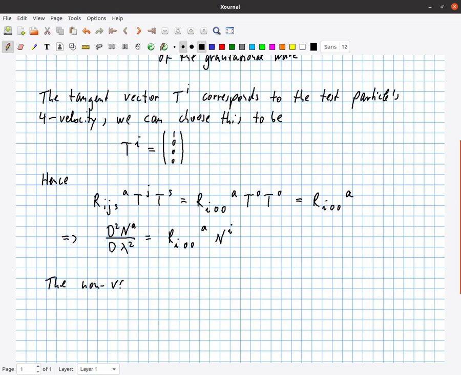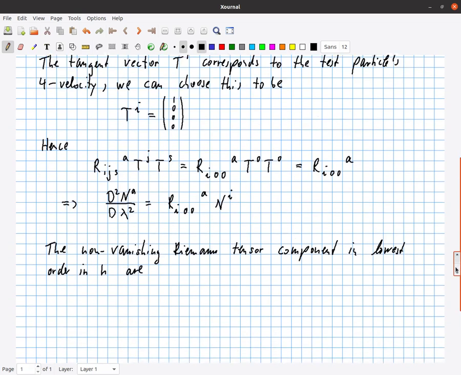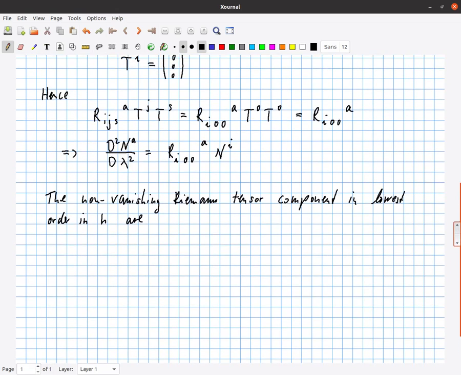The non-vanishing Riemann tensor components in lowest order in h are, if we look at this now, we will only need very few components of the Riemann tensor. One of them that we need is this one,